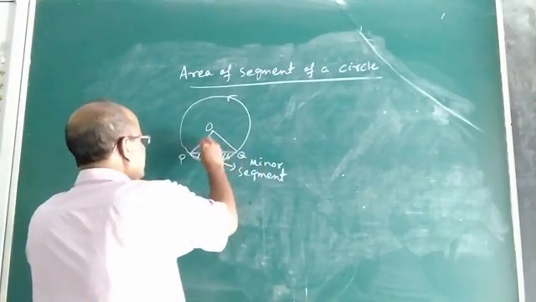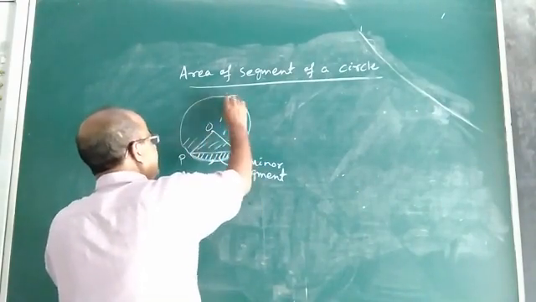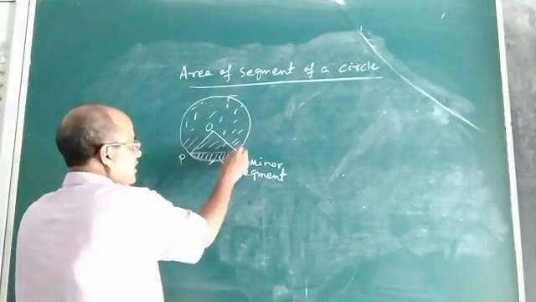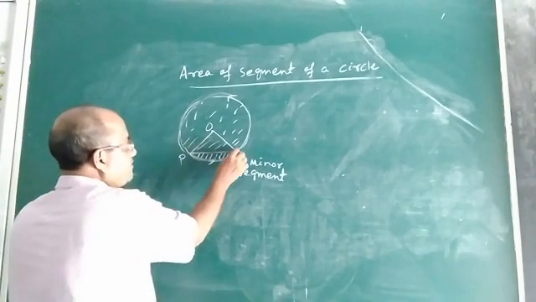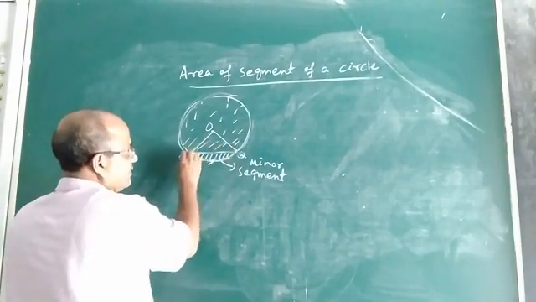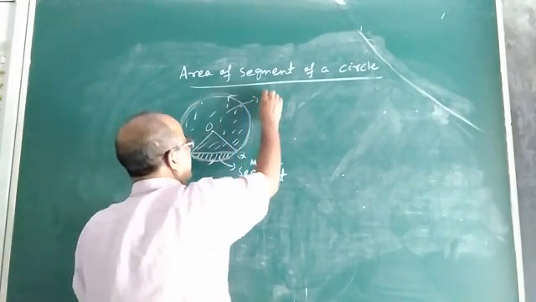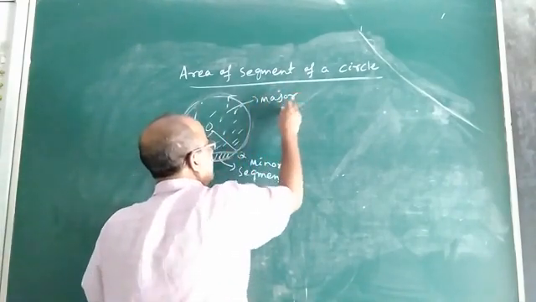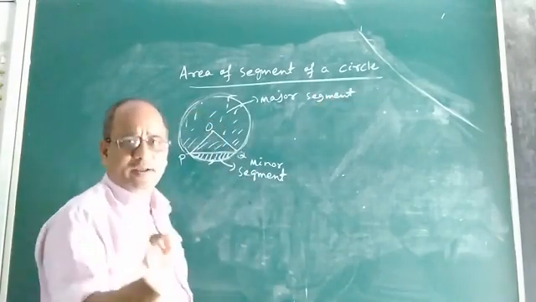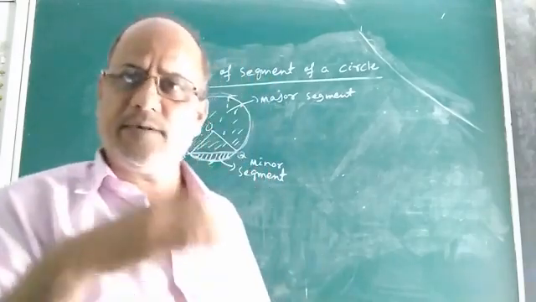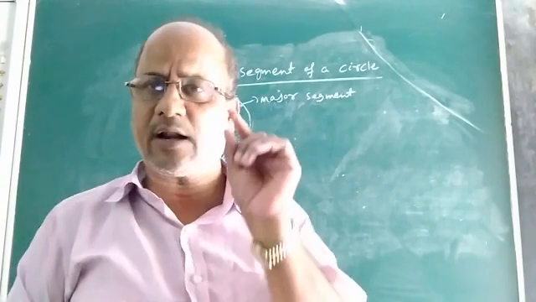Now what about this segment? Now I am giving dotted lines to the rest of the portion. As I told you, this is the major arc QP, and then this is also the chord. So this portion will be another segment. This will be your major segment. So for every corresponding minor segment there will be a major segment. So a segment is a region enclosed between an arc and a chord.